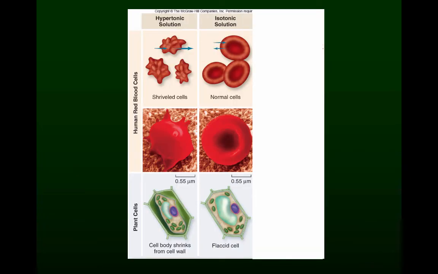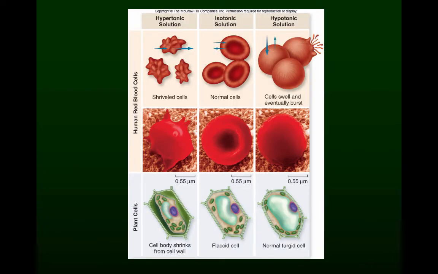This slide kind of compares the red blood cells, again, individual red blood cells versus plant cells. Again, no cell really likes a hypertonic environment because in both cases they're going to shrivel up and lose water, which is not good. In the isotonic environment, the red blood cell is happy. The plant cell is okay. It's not great. It could be better, but it's also not too bad. It's not like it is over here, for example. And then in a hypotonic environment, when the cells are hypertonic, water rushes into the animal cell here, causing it to